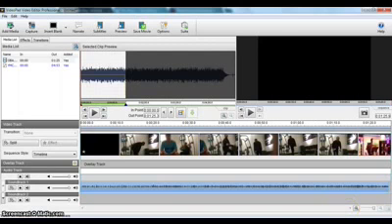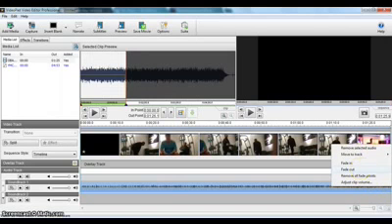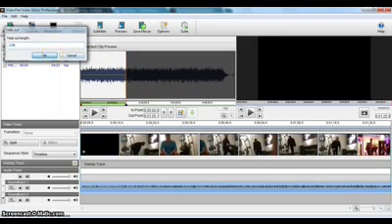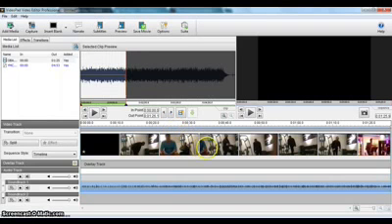Ooh, I see something interesting. You see how it ends here? We can lengthen that up just a little bit and redo the fade on it so that it fades out correctly. There we go. Now we'll go ahead and we'll save that one